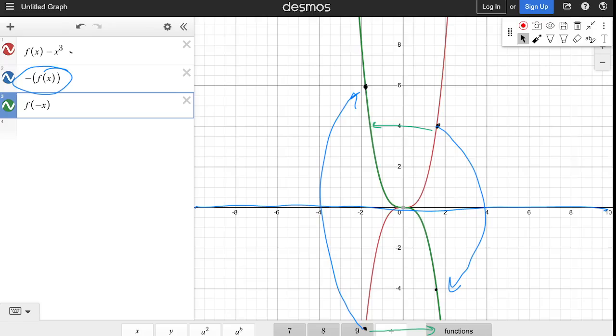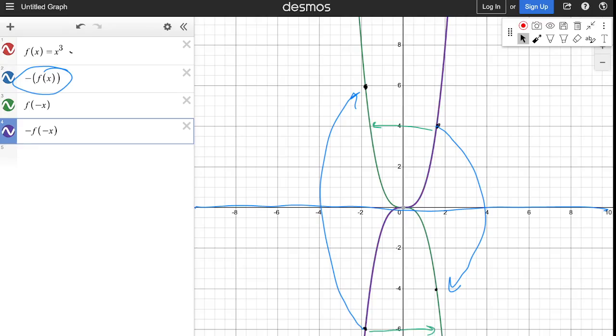And if we do both of them, as you'll see here, I'll do one more. I'll do a minus f of minus x, and you're going to see we're right back on top of ourselves. Purple will be already there. It's on top of the red, right? If I take this off, there's the red. So if I do a double reflection, we end up back on ourselves. There's another definition of odd symmetry. So a lot going on, but just notice that a negative, an opposite, will cause a reflection